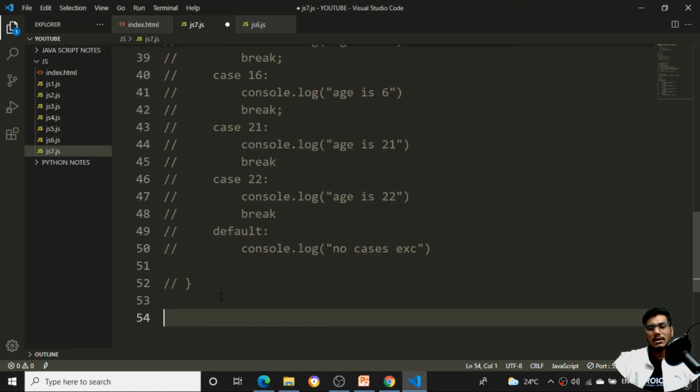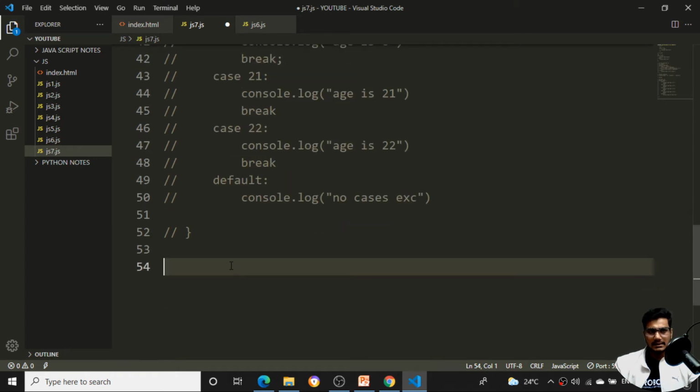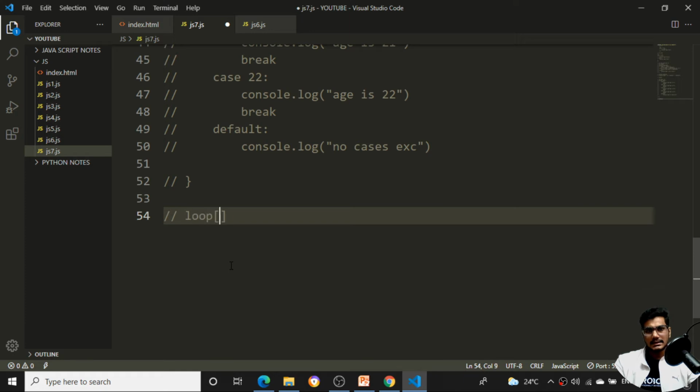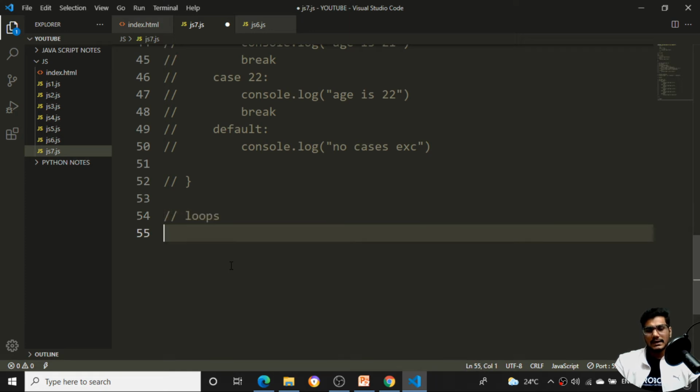So now let's talk about the for loops. We have completed the statements, so let's talk about the loops now. I'll come back here and make it as a loops section. We have a number of loops here: a for loop and a while loop. We'll see how the for loop works. So if I come back to the notes here,